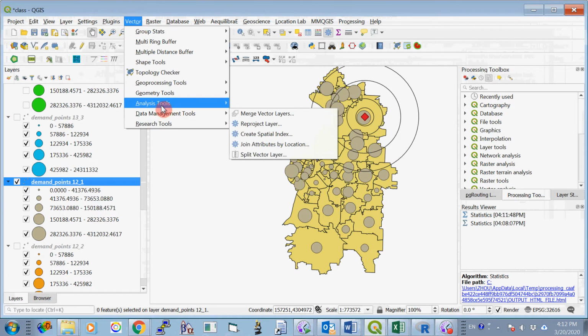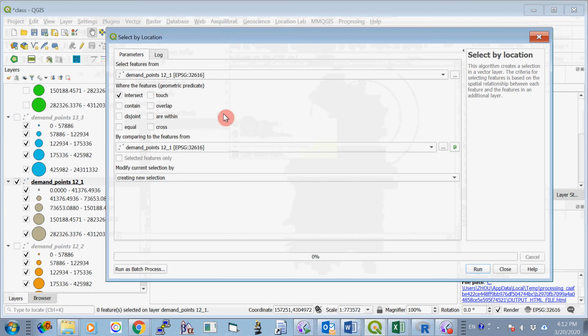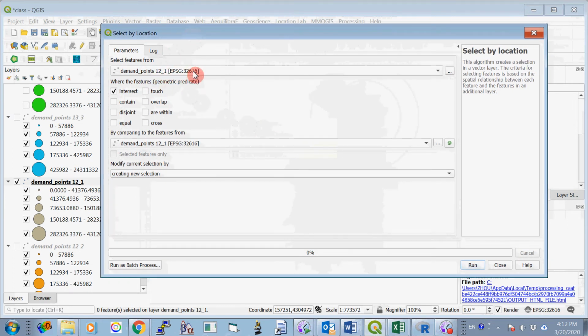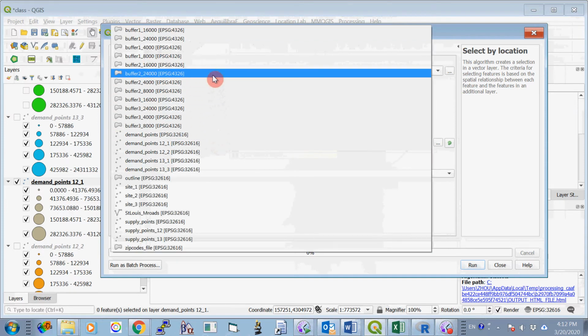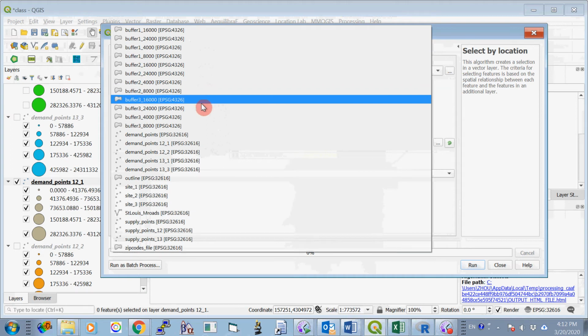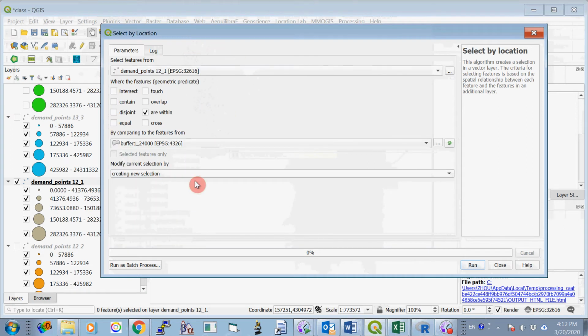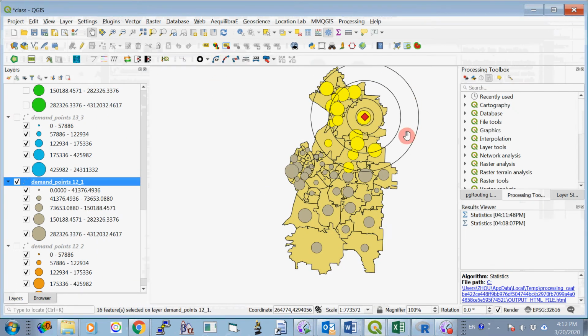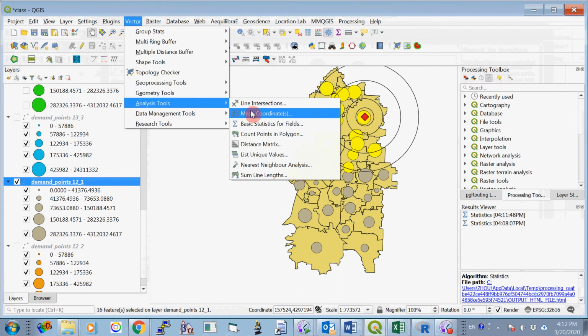vector, research tools, select by location, same demand point 1 to 1, and are within. Now choose buffer zone 24, buffer zone 1, 24,000. Okay, so we want to see that all the points from demand point 1 to 1, how many of them are falling in the buffer zone 1, 24,000, and run. You close, you can see the more yellow points are selected, and you go to vector research tools, and basic